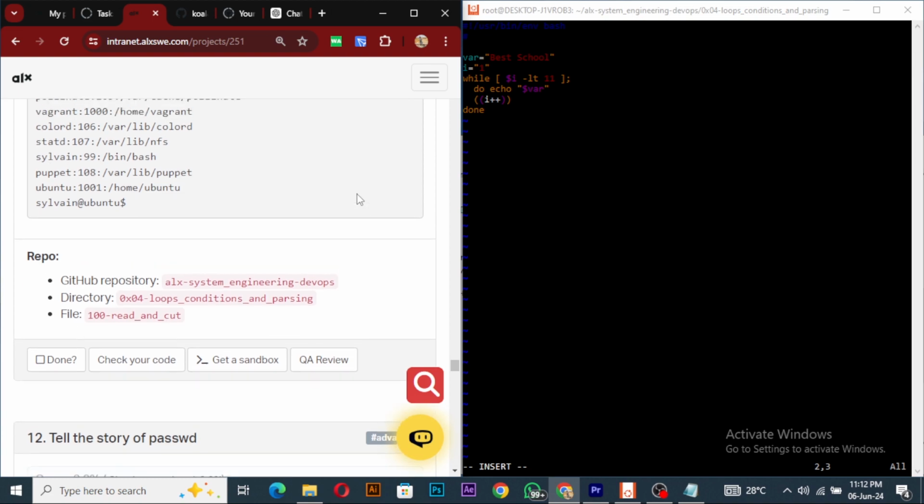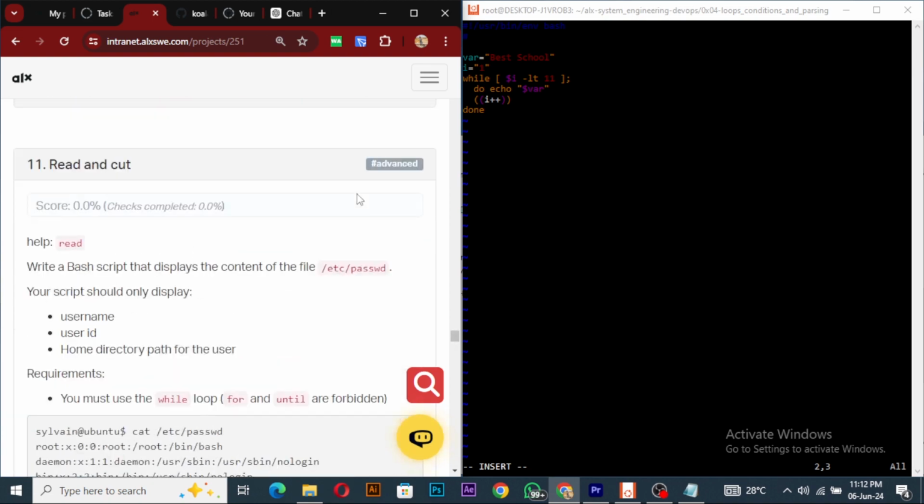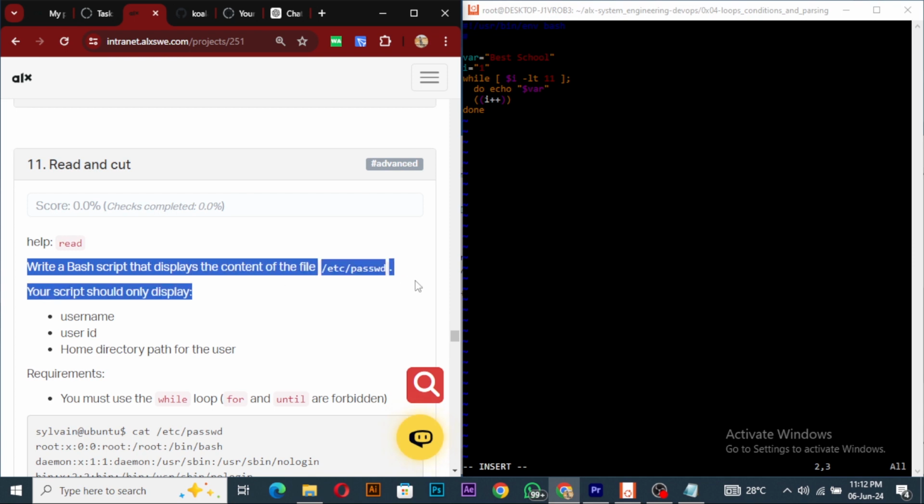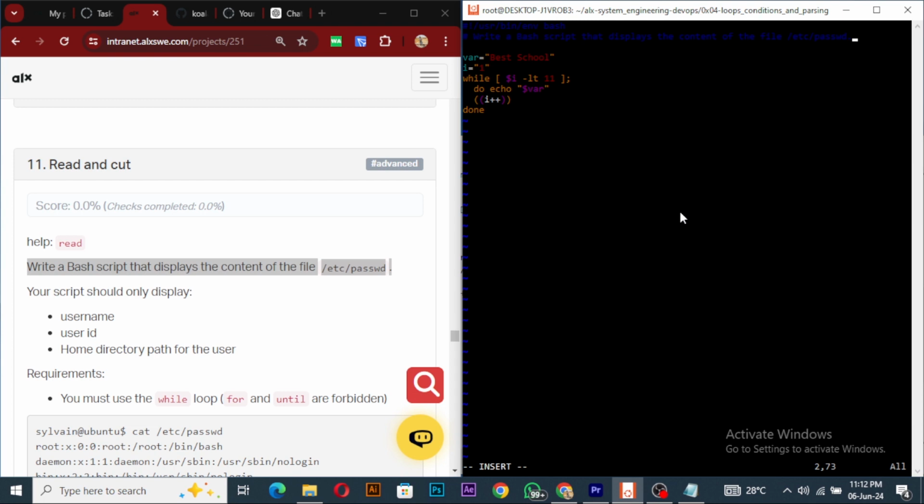So, a bash script that displays this. Just copy this and paste this, and then let me remove these two for now. And then I'll remove this one for now. So we will have a statement like this. This is a correct value. So now